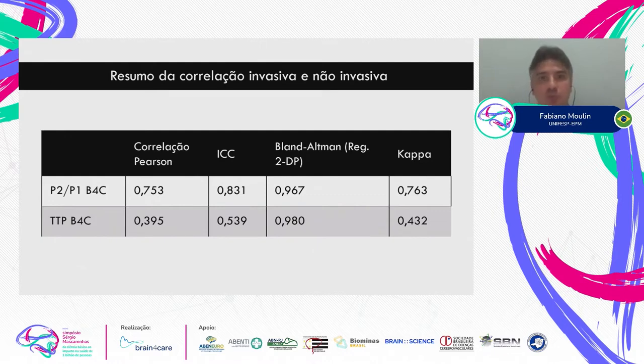We could see a better performance in time to peak between P1 and P2. As we were measuring the curve between the ventricle and the second one, which was an extracranial curve, the relationship has a better competence than the raw measure. It's just a matter of sensor distance, and the absolute measure will give us a higher distortion than the relative measure. That is the reason why P2 in the Brain4care was more competent when compared to more invasive